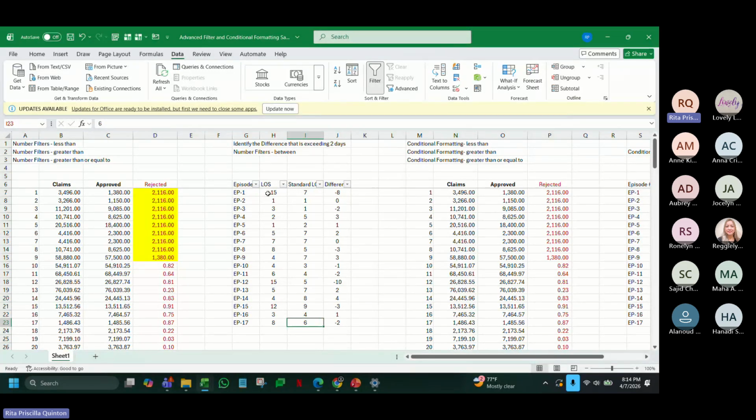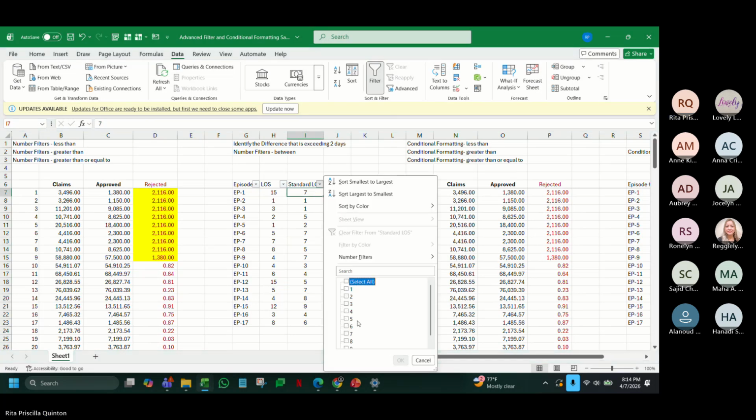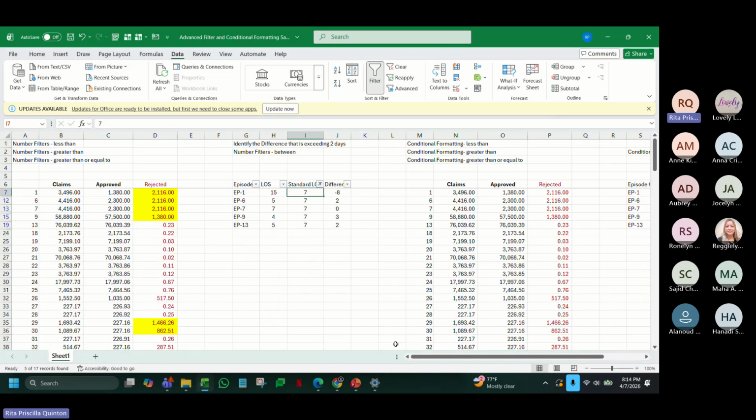If I know that, for example, this and this, for example, 7. One surgery takes 7 days. So I want to see if this is my normal actual LOS. Then the patient usually heals. So I can verify that one.